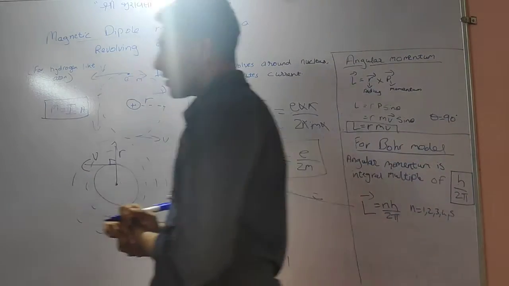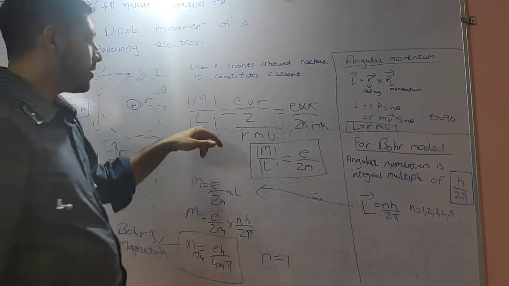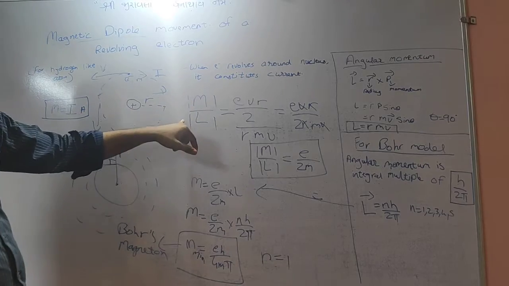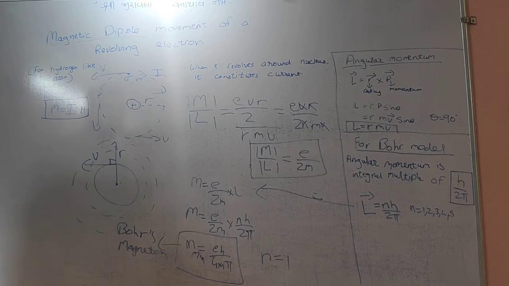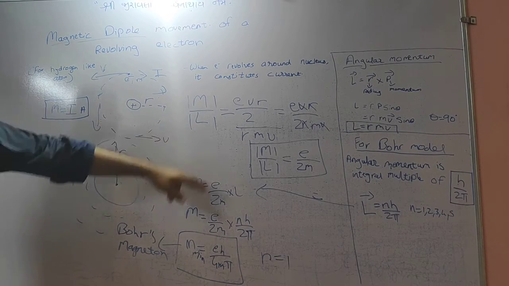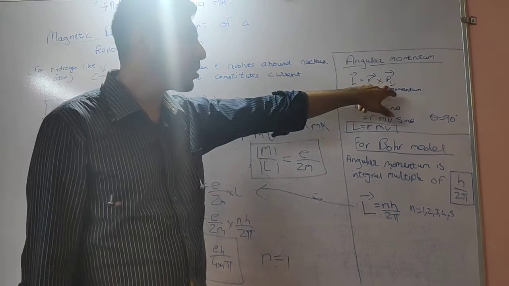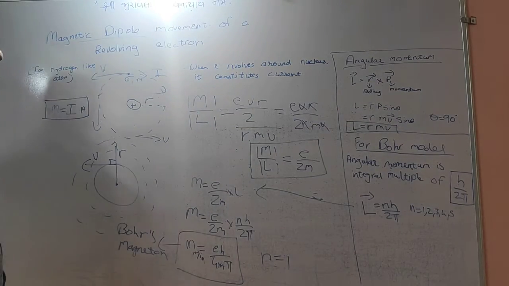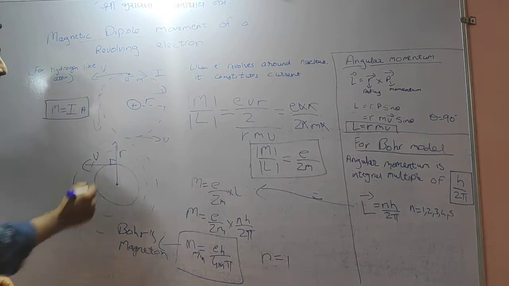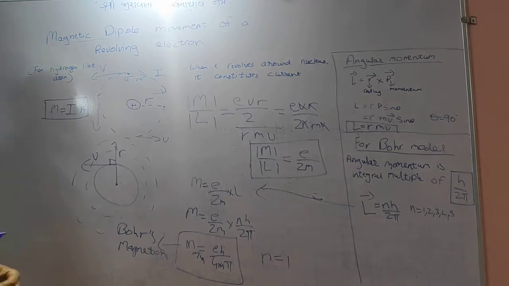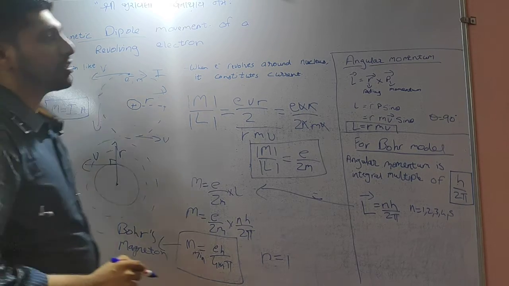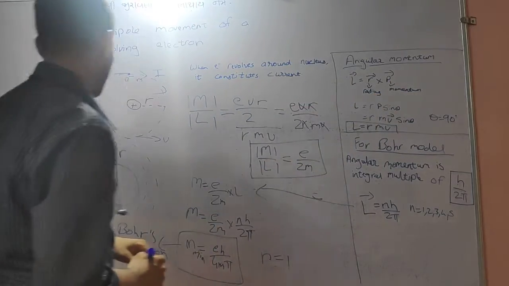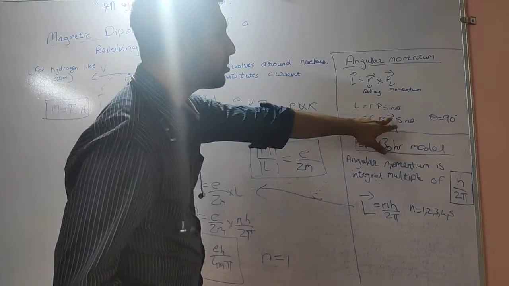One last thing was left, that was the direction of L. Here I had kept the mod. Why? Because I didn't know the direction of L, so I had kept it in mod. Now if I want to find the direction of L, it is a cross product. So the direction of L will be perpendicular to R and also perpendicular to V. We already studied the cross product. The requirement is R cross P, or you can say R cross V.